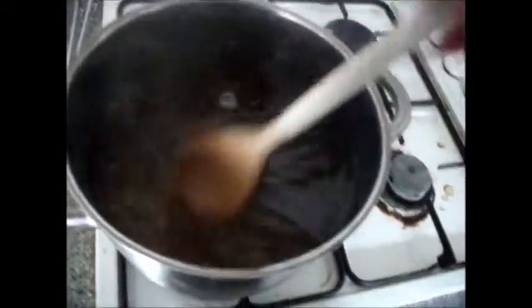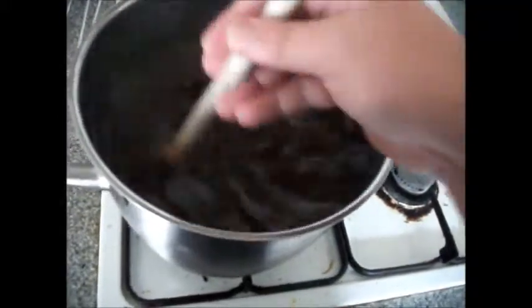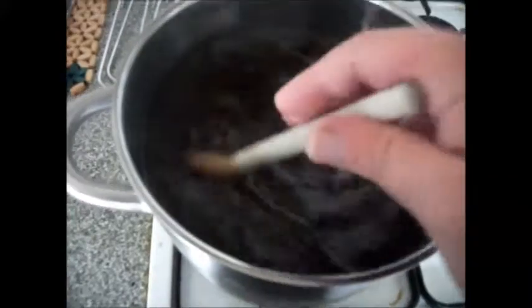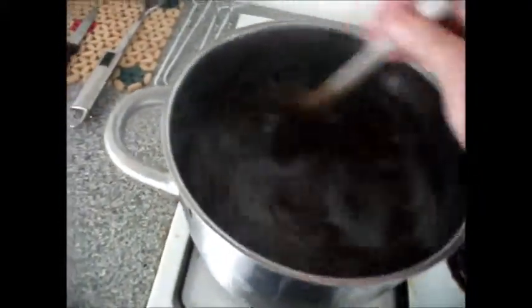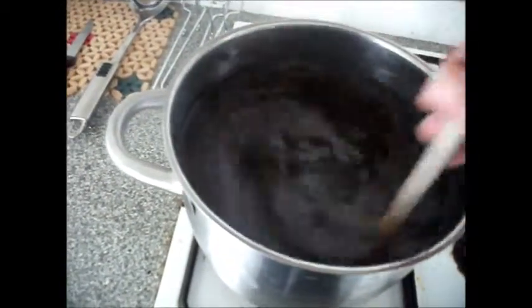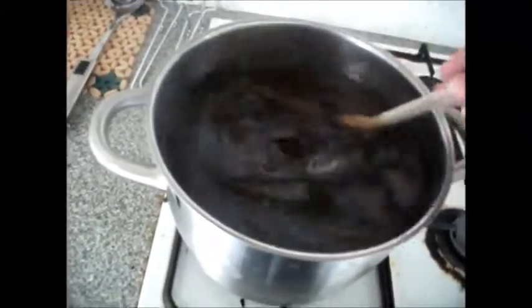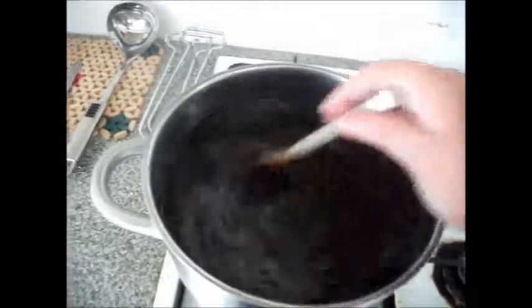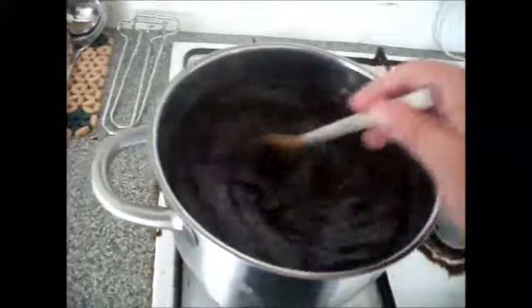Now with this unrefined golden stuff, it's actually turned the colour of the water pretty dark, so it's hard to tell. So if you just give it a stir, say for about 30 seconds or so, and that should be melting enough to get it going now that it's nice and hot like that. And all we want is this sugar and water mixture. It's called a must, and it's just the technical name for this sugar water solution, you know. So it seems pretty well dissolved,